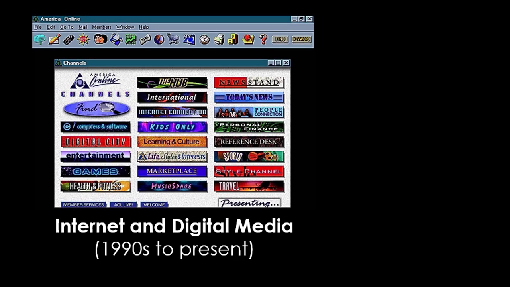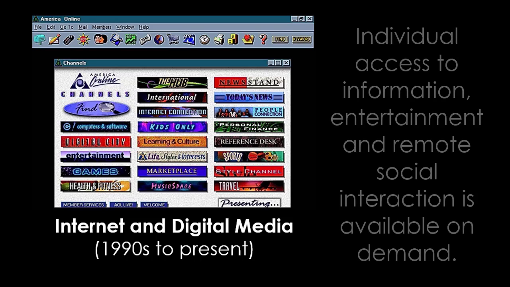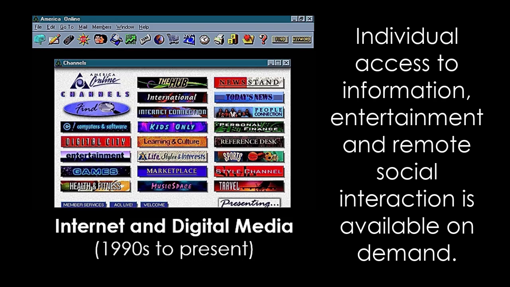And then, of course, once we get into the 1990s and moving into the 21st century, the digital information culture and economy explodes with the development of the internet. Now we have a situation where not only do we have access to any kind of information and entertainment around the world, but we also have some very interesting things going on.